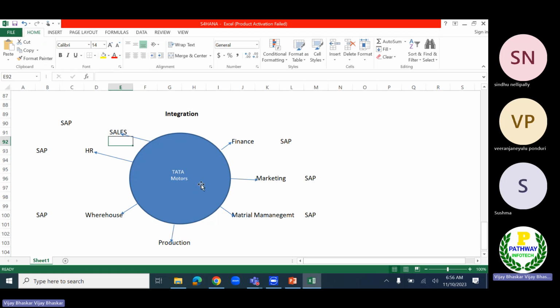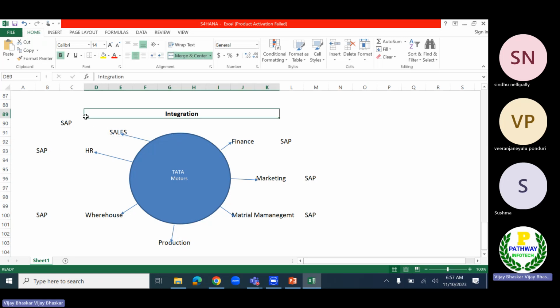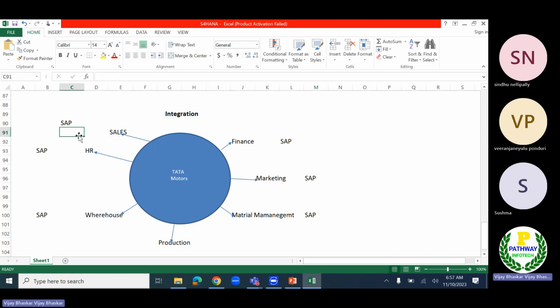So let us talk about the previous example, how business organizations overcome the issues. Now the sales department, the moment they receive an order from the customers, always feeds that information into the SAP system. The production department does not need to contact the sales department.